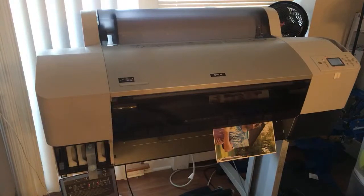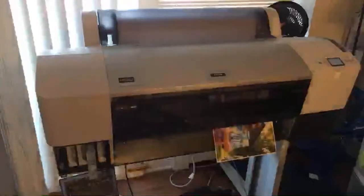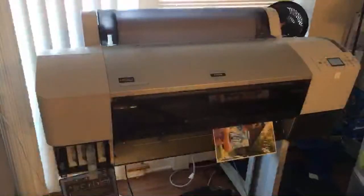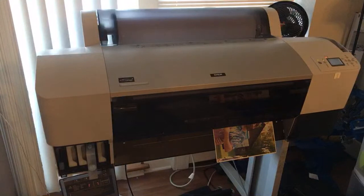And I seem to be having a problem with my Mac driver, which is very common with Mac. No matter what I do, because of this damn driver, I'm having trouble getting a borderless print. But if I use my Windows, I have no problem getting the correct print that I'm after. So there's something in this damn Mac driver that